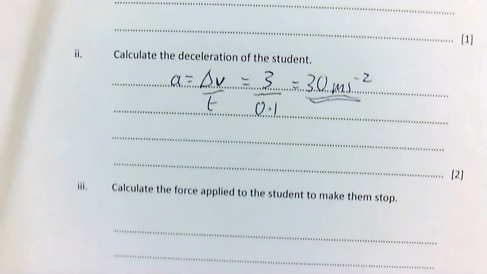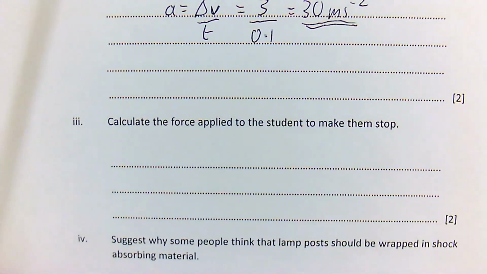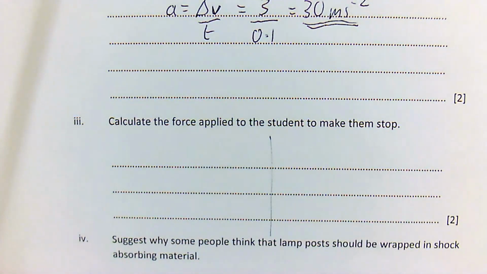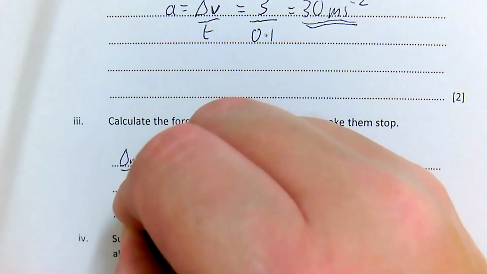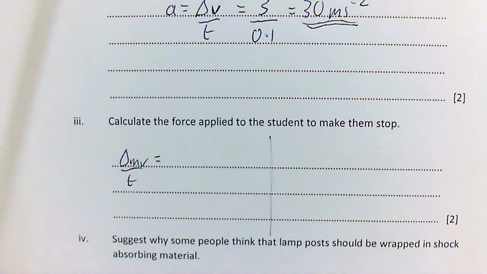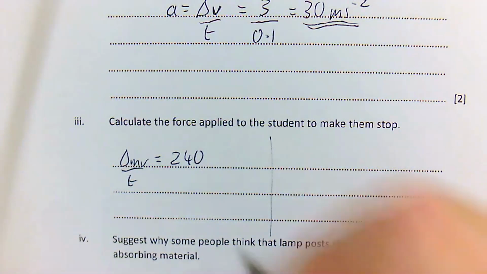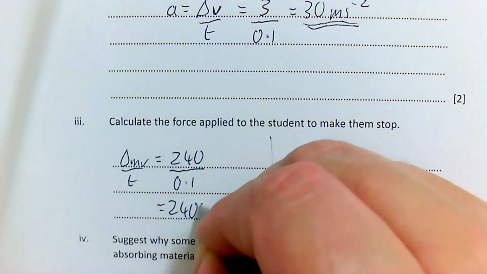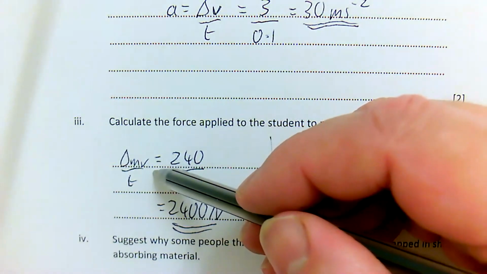Okay. It then says calculate the force applied to the student to make them stop. There are 2 ways of doing this. You can use either one as long as you show your working. So you can either use the rate of change of momentum. Because we know the momentum was 240, so the change in momentum was 240 kilograms meters per second, divided by the time taken of 0.1, which is 2,400 newtons. That would be acceptable. You get both the marks, one for recognizing it's a rate of change of momentum and